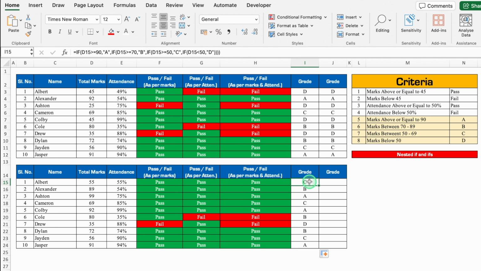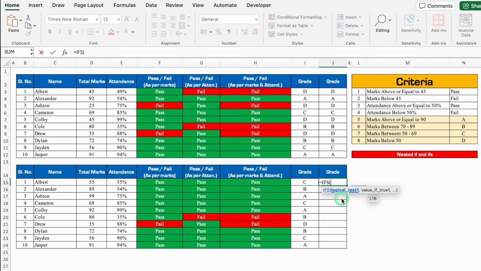Now we will use IFS, means IF with S, and the formula or function will be plus or equal to IFS, bracket open, total marks is greater than or equal to 90, comma, it will be grade A, so I'll take double inverted comma A, double inverted comma close, comma, over here we are not going to type if or ifs again and again, so I'll click on total marks is greater than or equal to 70, comma, double inverted comma B, double inverted comma close, comma, we will click on total marks once again for the third criteria is